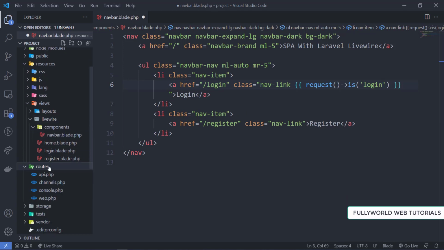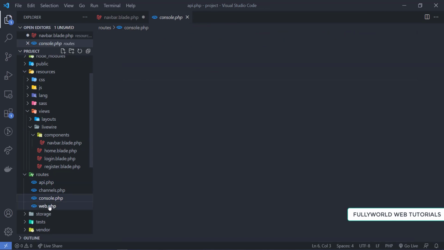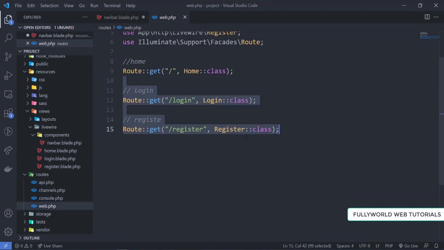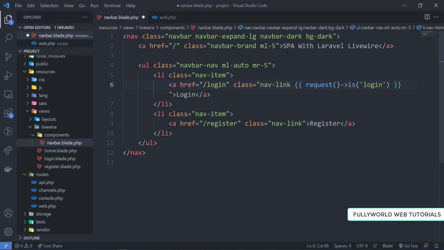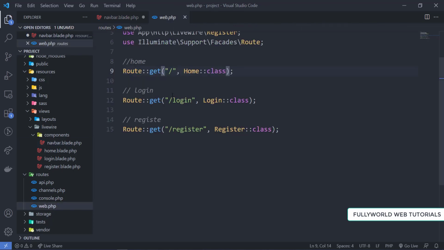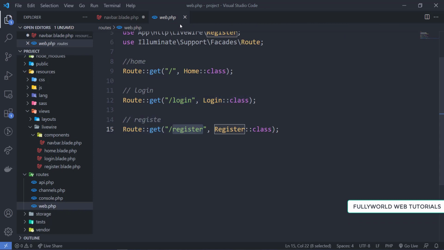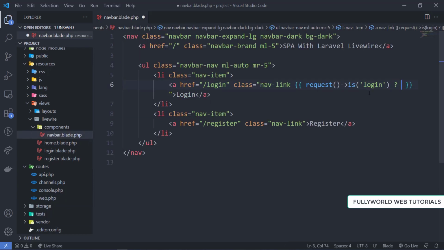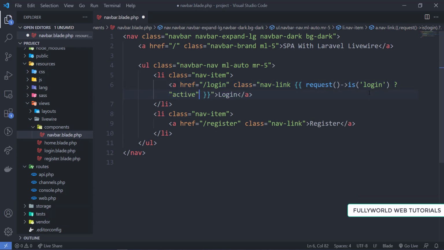See that when I go to routes here, we created in the web.php three routes here. First is get register, next slash register, slash login, and then slash here. This slash means we are at the home route, but for the slash we don't have to define anything. So here we will simply write login. See that the login route is there, so we will not consider the slash, we will simply write like this, login or register. So we will check this. If this route is this, then we will add class active, otherwise we will not add any active class.